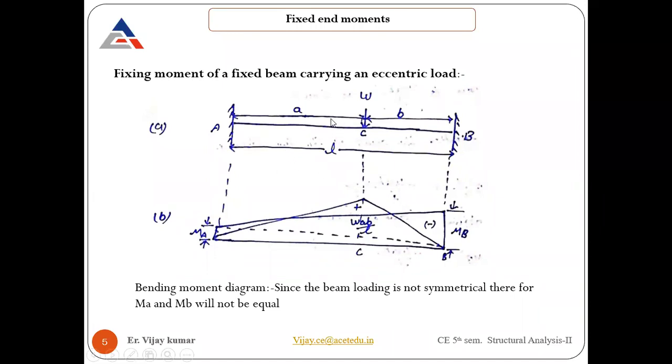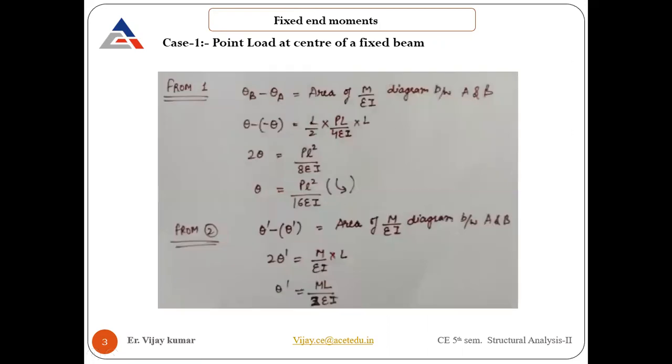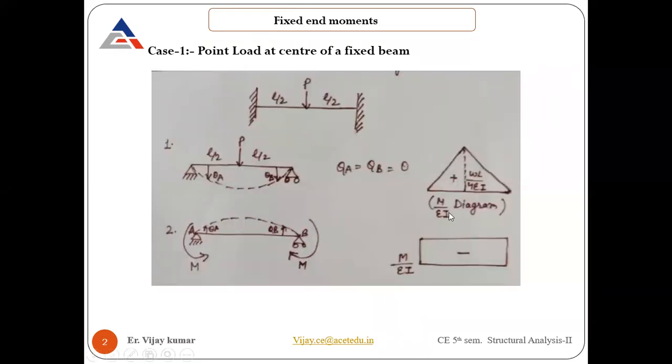What is the formula and what is the approach we need to adopt in this particular problem to solve it? First of all, there is a length mentioned here, that is segment A to C having length a, and C to B having length b, and the load is W. And directly I'm mentioning here the bending moment diagram, which you can see in the diagram. If you draw the bending moment diagram of this beam, I just superimposed them. There are two diagrams you can see. In the last image, let me go back. These are the two different diagrams. You need to superimpose them.